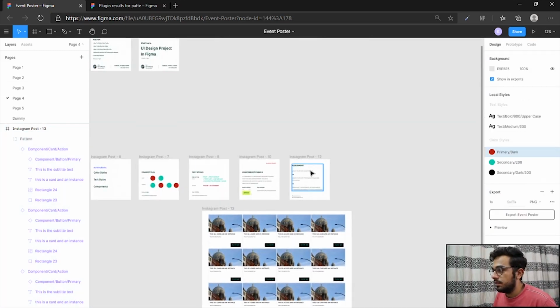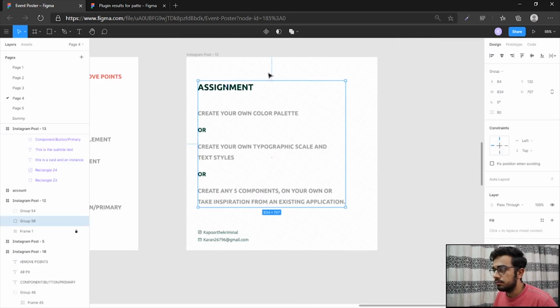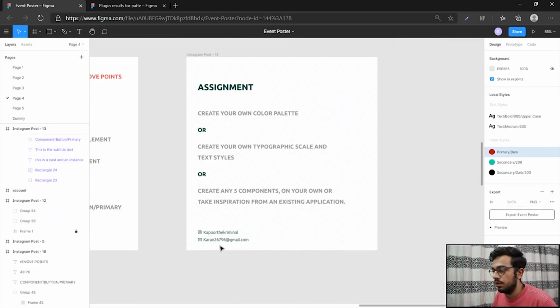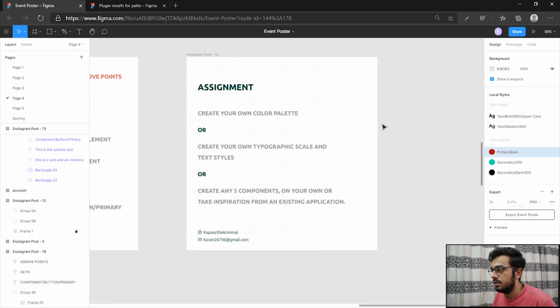And if you want to try something out, I can give you an assignment which you can do and reach out to me on my social handles, and you can also tag me, and I would really appreciate it if you try to attempt any one of these exercises and start your own project.